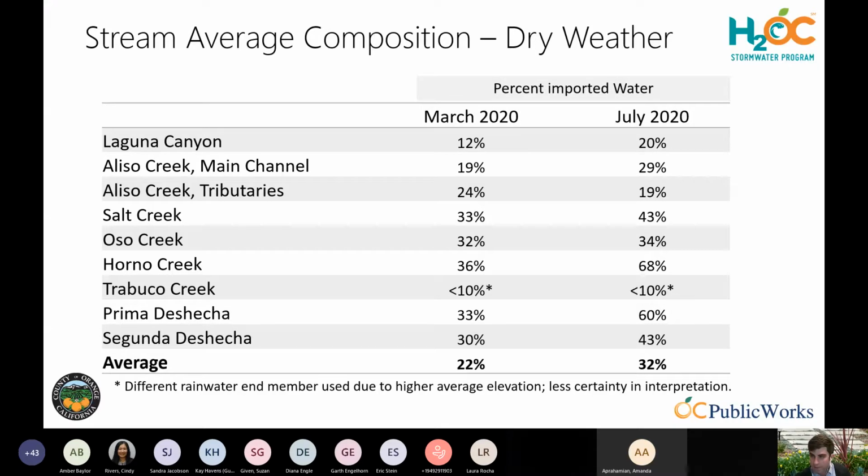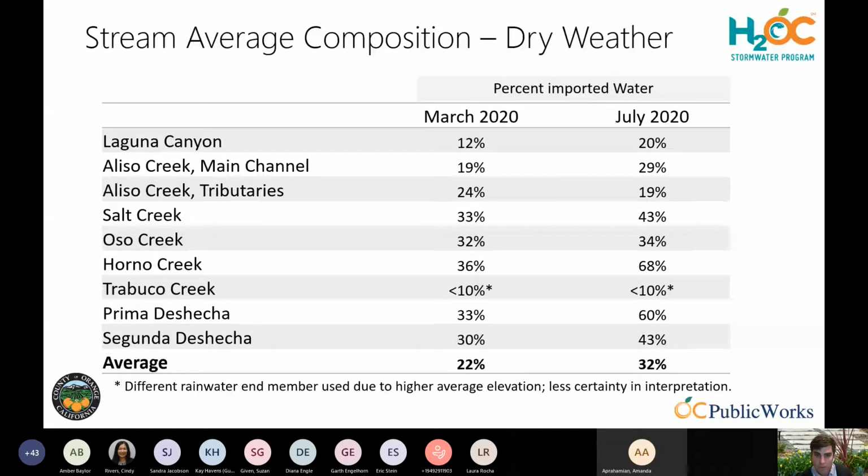Not all the water that's in the streams came from the outfall. There's water that comes to the streams directly from seeps and springs and other sources that aren't captured in the outfall data. And so this is a look across all of the monitoring locations at how things look overall,